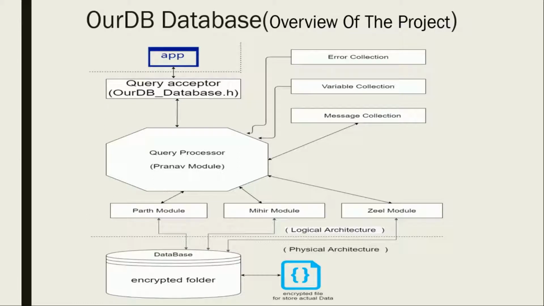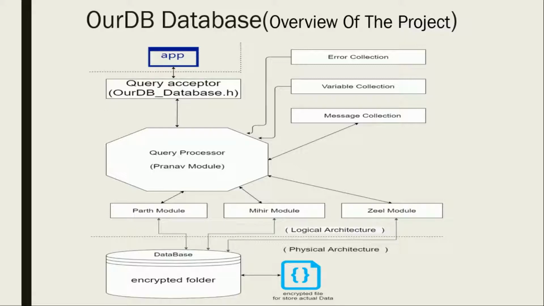This is the architecture of our DB database. In this database management system, after connecting to the database with your application, whenever you use the run query function, your query will go for processing via our DB database.h to query process.h. In the query processor, your query gets some operations on it, and through this operation it will be selected by three main modules. After the module operations, if there is data for insertion or updation, it will be written in an encrypted form into the physical storage area. However, if there is data for viewing purposes, then the module will perform the operation on the actual data and then present it to you in a string format.